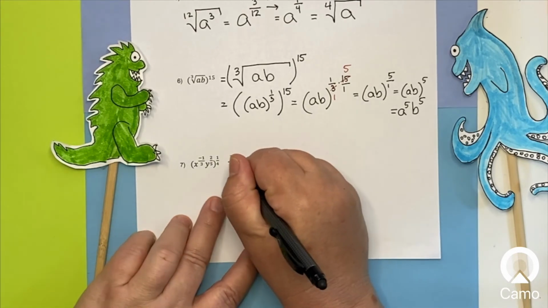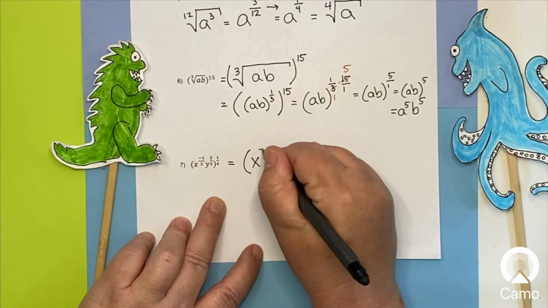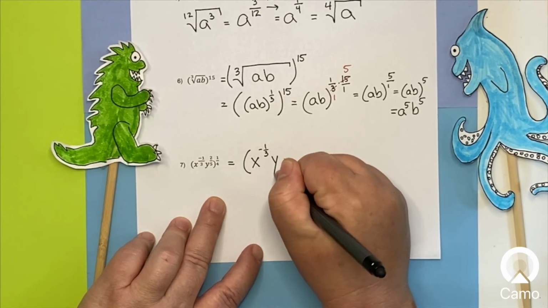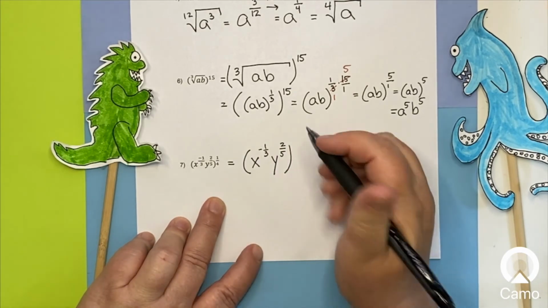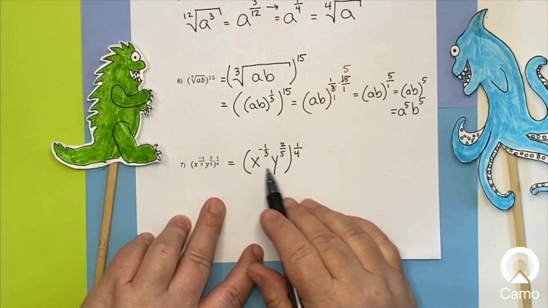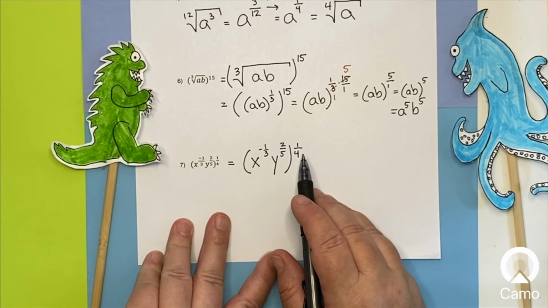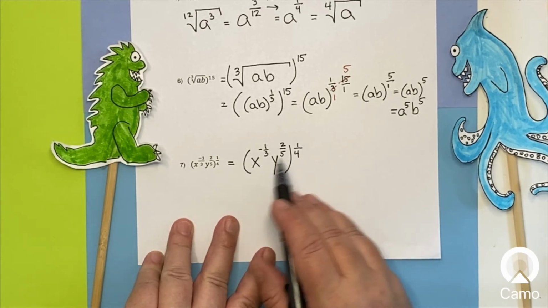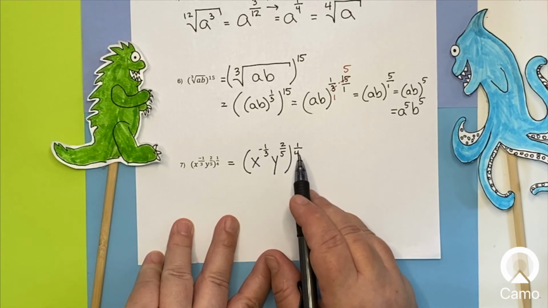Okay, first off, let me rewrite this one, because boy, is it tiny. X to the -1/3, y to the 2/5, so that's multiplied together, and the whole thing is raised to the 1/4. So in other words, we're taking the 4th root of this. Now, there are a couple ways to deal with it, but what I would recommend is that you go ahead and